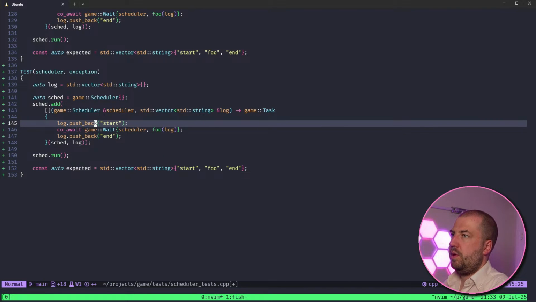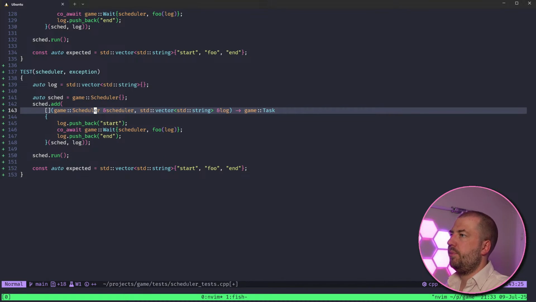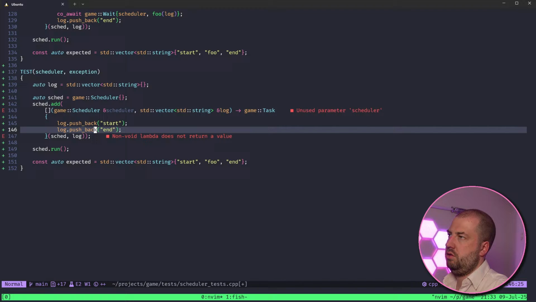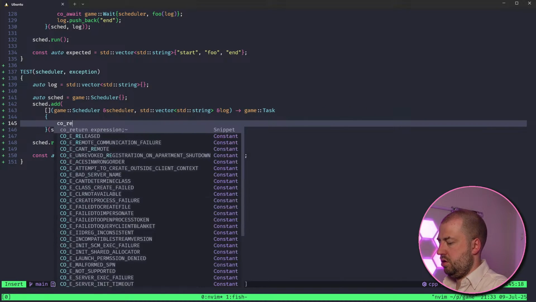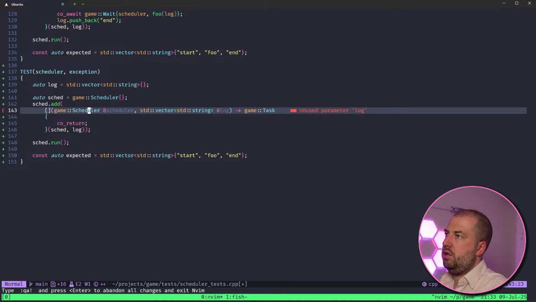Okay, so now we want just a simple coroutine. I don't think I need the scheduler. I don't think I need any of that.